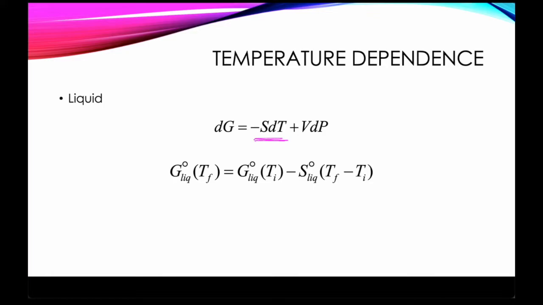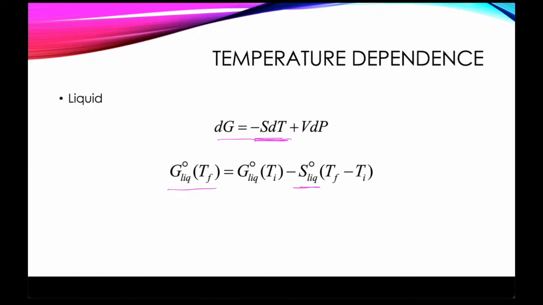All right, so again, based on that, we're assuming that the entropy does not change significantly with the temperature change, and that's a reasonable assumption since we're talking about a 2-degree change. If it was larger, clearly we'd have to be looking at how the entropy changes. But we are assuming that the entropy change is small for the liquid over this change in temperature. So assuming that, when we integrate our expression above, this is what we get.